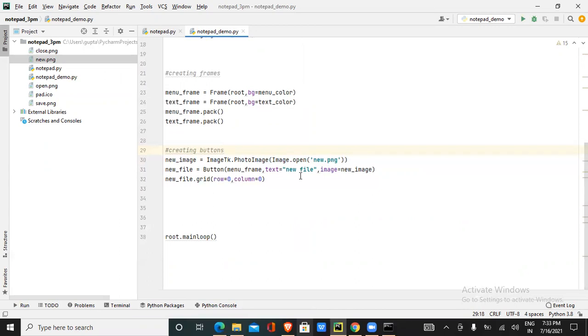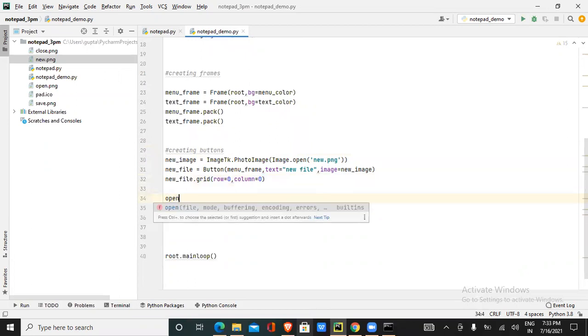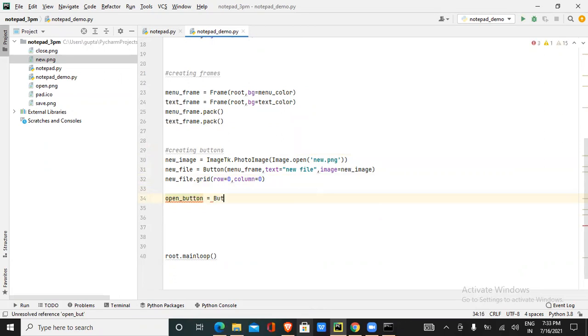So first declare all the buttons and go to the image. So right here, next button is open button. So open button equals to button attribute. Should go to the menu frame. Where text is not there and remove the text. Text is not required actually. But image is there. So what is the image name? I'll give it now.